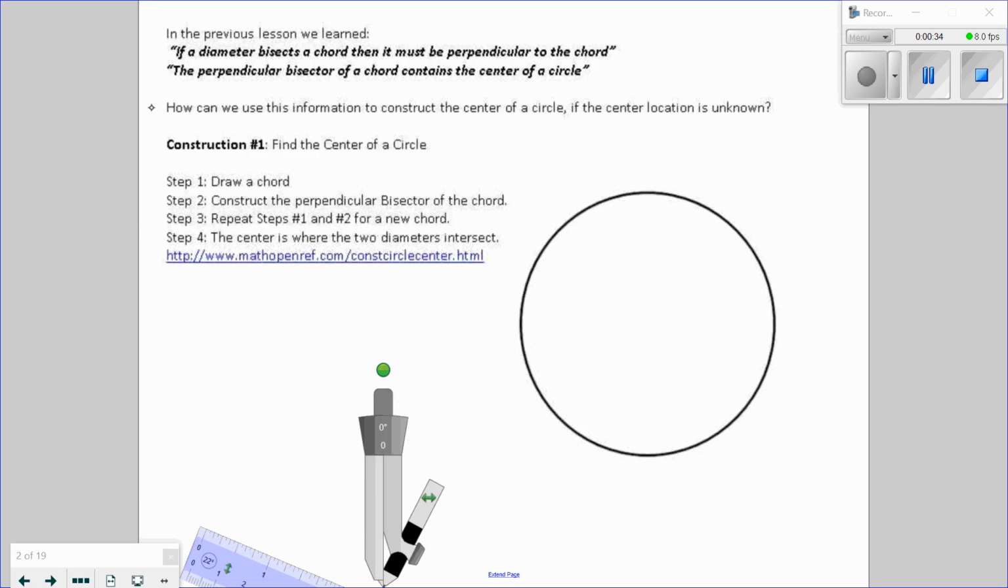All right. So in lesson number 8, what we did is we learned that if a diameter bisects a chord or a radius bisects a chord, then it's perpendicular to the chord. That means if we have the perpendicular bisector of any chord, that segment, the perpendicular bisector, has to pass through the center of the circle. So if we have to locate the center of the circle, this is our first construction, to find the center of a circle, what we're going to do is take our straight edge,